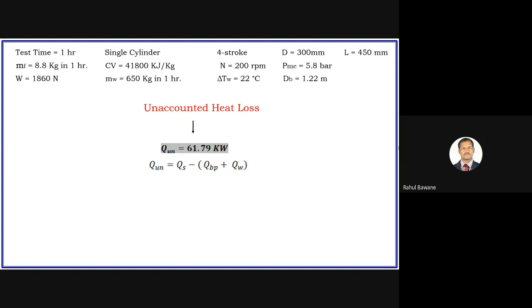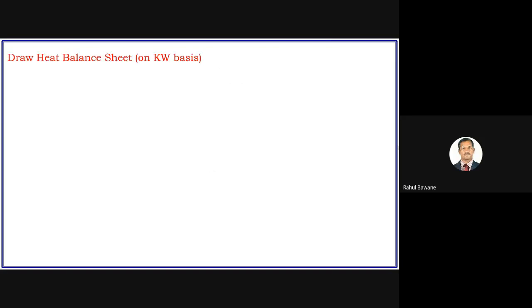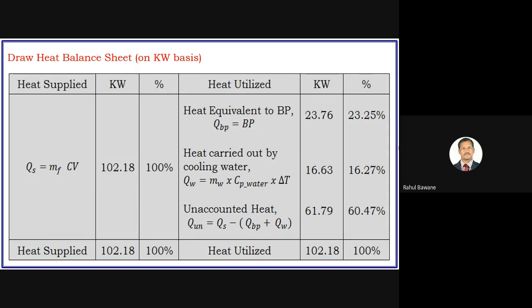This is unaccounted heat. Unaccounted heat is the heat where we consider all heat losses, such as heat utilized to heat up the engine, piston, cylinder, heat carried out by radiation directly, heat convected out by the surrounding air, like this. Even your lubrication oil also carries out some heat. So all these are considered as unaccounted heat, and this unaccounted heat loss will balance your heat balance sheet. Now, the heat balance sheet has a very standard format, and your final answer should be in this tabulation.